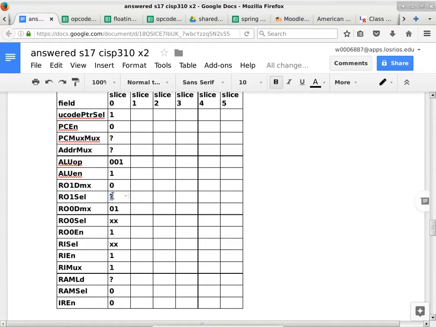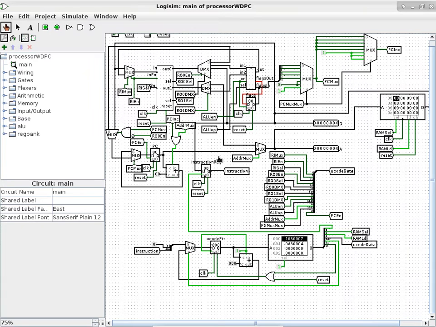Register output 1 select can be anything because we are not really using that particular output. So you put a question mark here. If you want to emphasize this is up to 2 bits, you can specify 2 question marks, but 1 would be fine. Register output 1 demux has to be a 0, 1 because in the circuit diagram, we